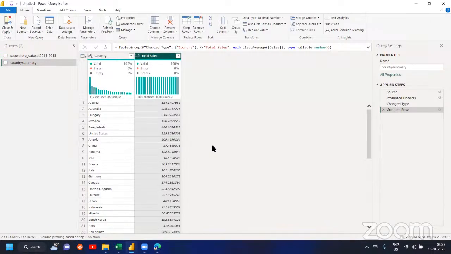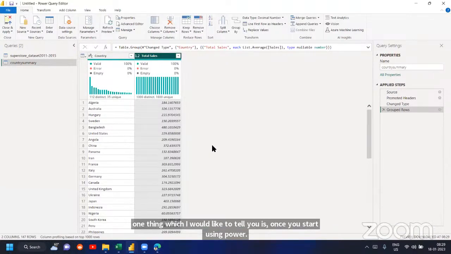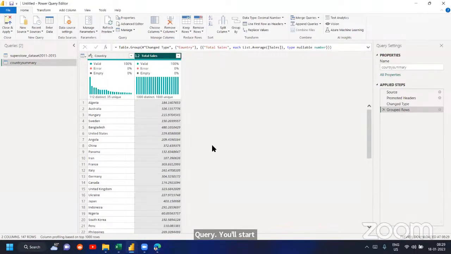And one thing which I would like to tell you is once you start using Power Query, you'll stop doing things manually on Excel, right? A lot of people who learn Power Query end up using a lot of Power Query in Excel also, not just in Power BI. Personally, a lot of people told me that I made a mistake by not learning Power Query long back, because this has been existing for the last 11 years in Excel. So it's a very, very powerful tool, and it can potentially save at least 1 hour of your productivity every single day. You can get an extra hour out of this.